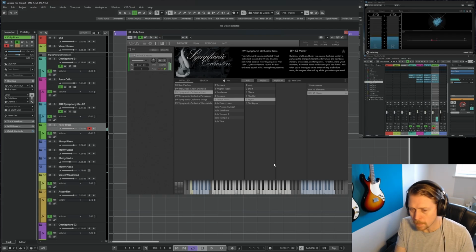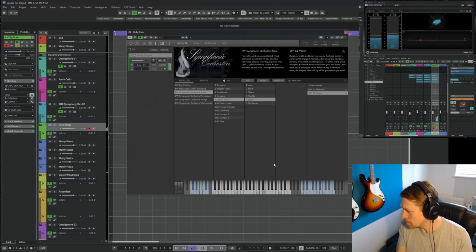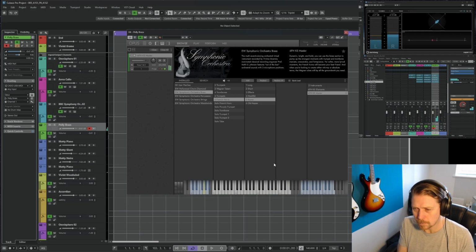What I'm doing is using the left hand here just to trigger these keys at the bottom. I have already got some effects on this, I've just realised, but you still get the gist. Some of them are lovely.